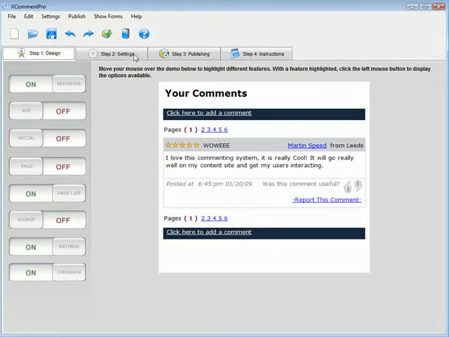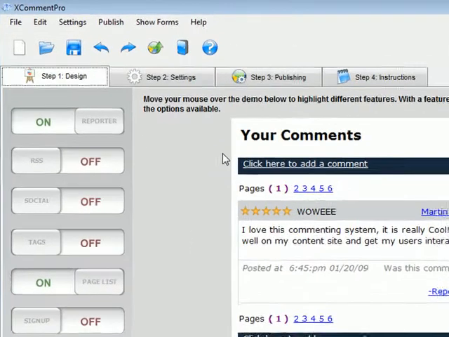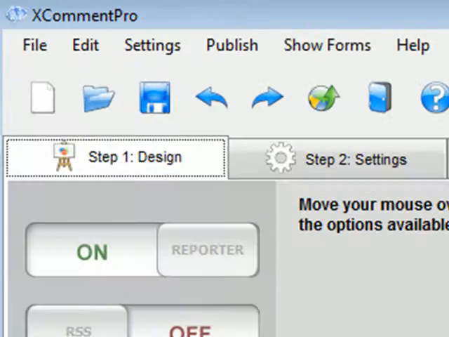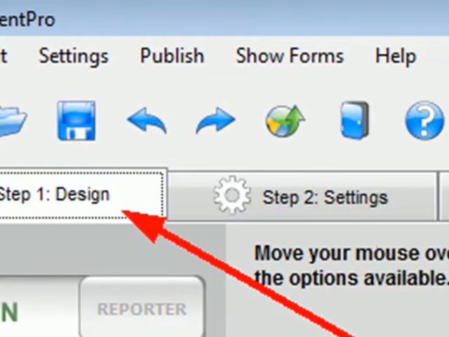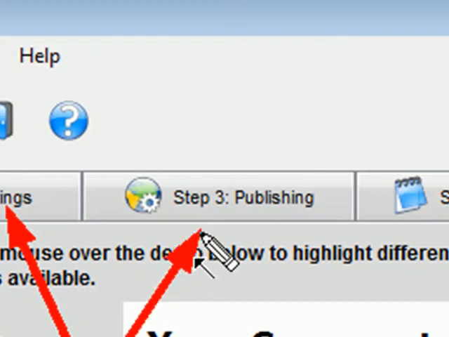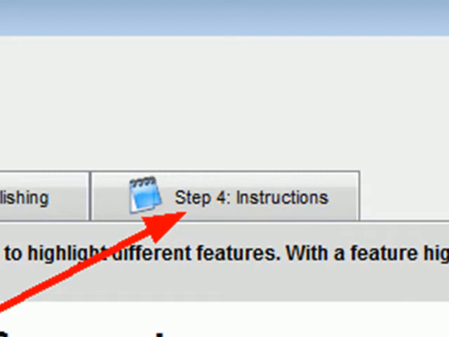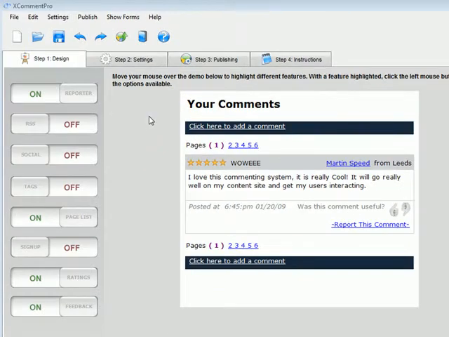So looking at the XCommentPro software, the screen that we see in front of us now is what we see when it's first loaded. I just want to highlight first of all the four tabs, the four sections of the XCommentPro software, they being the Step 1 Design tab, the Step 2 Settings tab, the Step 3 Publishing tab, and the Step 4 Instructions tab. And that's pretty much the linear process that we will step through in embedding a new commenting system from scratch